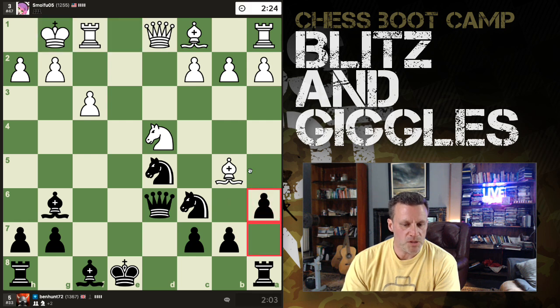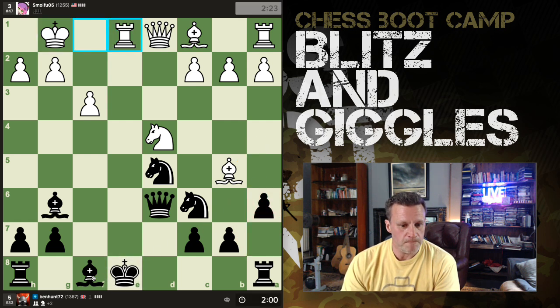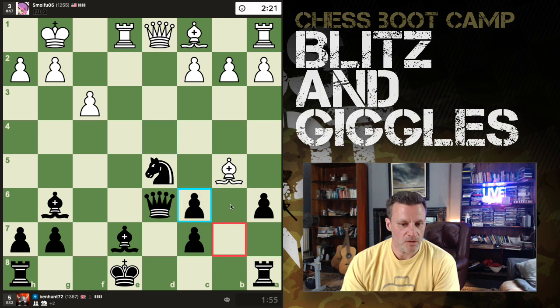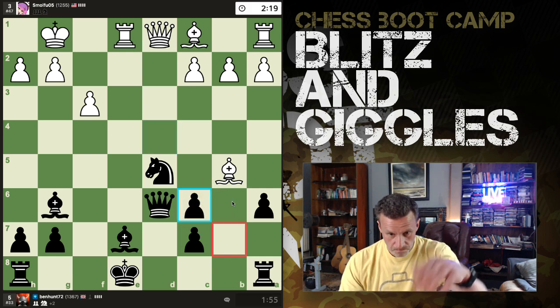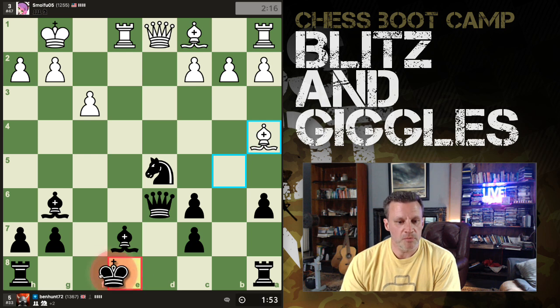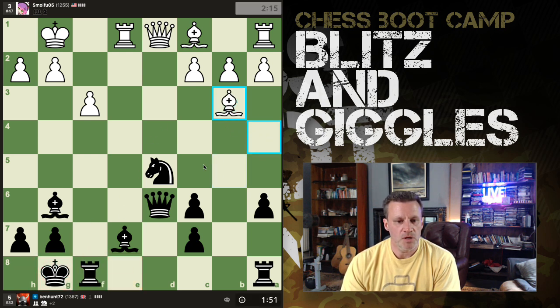Right, let's put the question to the bishop. Alright, now, I think I can just block there. Still keeping my options open. Okay. Now the bishop has to go away. Go on, off you go. And I do have a semi-open f-file. And I have two bishops. And I'm thinking...